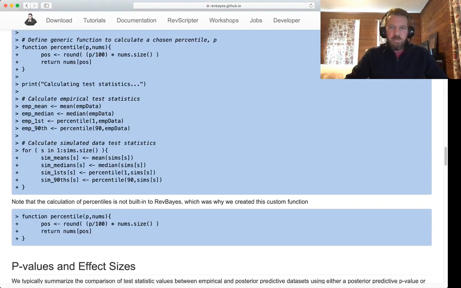So first we're going to calculate each of our 4 test statistics for our empirical data set. So we're going to calculate first the mean of our empirical data set. Next, we're going to calculate the median of our empirical data set. Then we're going to calculate the first percentile of our empirical data set. And then the 90th percentile of our empirical data set. So you'll see for these last 2 values, again, we're using this percentile function that we just created. So we're passing it first the percentile we're interested in, and then the data set for which we want to